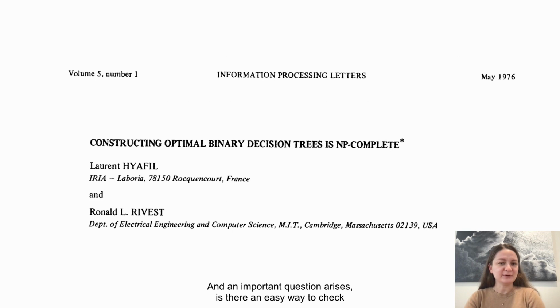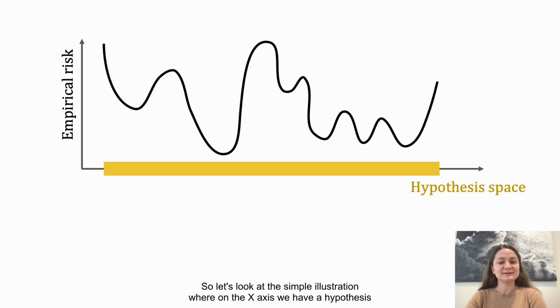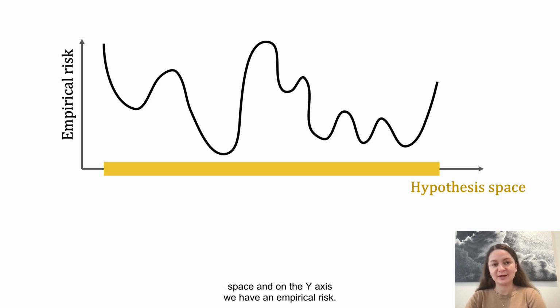And an important question arises. Is there an easy way to check that the search for accurate and simple models will be fruitful before we actually spend so much time and computer resources to go and find it? You will see in this talk that the answer is yes, and it lies in the understanding of Rashomon sets. So let's look at a simple illustration, where on the x-axis we have a hypothesis space,